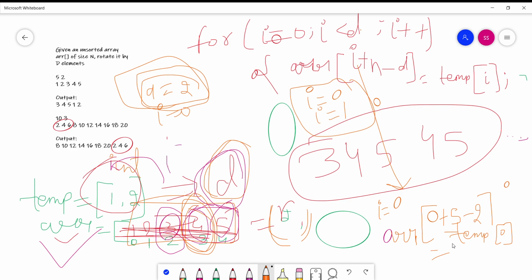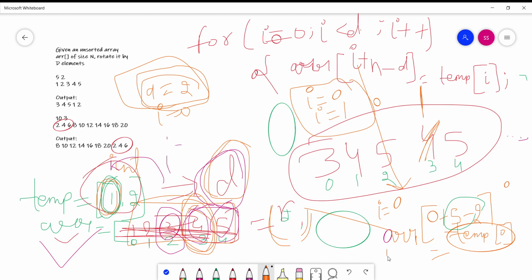What will be the element at index 0 in the temp array? The value is 1. So 1 is copied at the third index of arr. Here the index is 0, 1, 2, 3, and 4. Now arr[3] is equal to temp[0], and temp[0] is nothing but 1. So the 4 is replaced with 1.